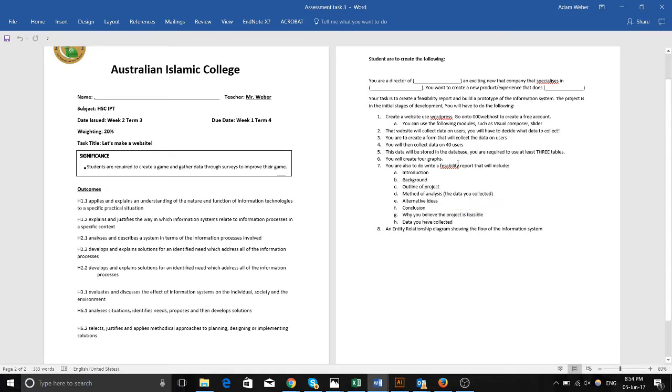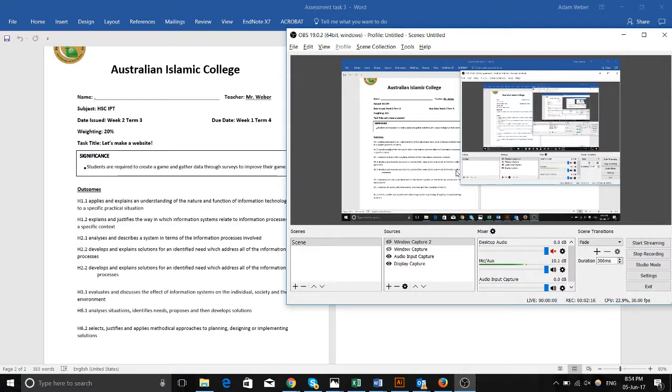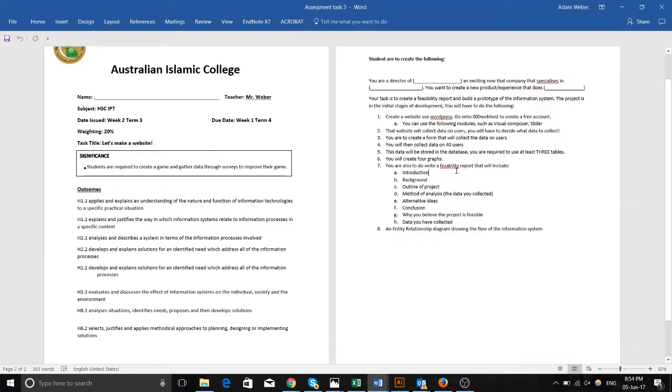Okay, so let's begin with what is a feasibility report. Now we've looked at this in class, and you guys might have forgotten, in year 11 and at the start of year 12. And essentially a feasibility report just checks to see, is it a good idea? Is making the next Facebook and spending millions of dollars a good idea? And hopefully with a feasibility report it will inform me that it's a bad decision and you should spend your money on better decisions. Alright, so let's continue. Just making sure this is recording.